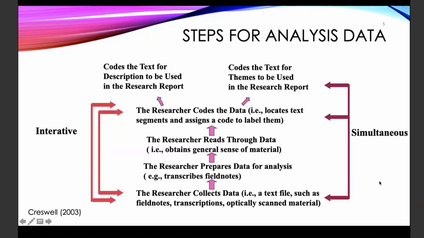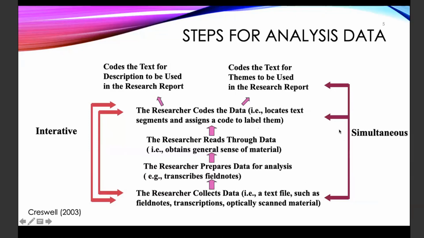Now, on the right-hand side, it says simultaneous. Simultaneous means at the same time. Don't you think it's a bit impossible to do everything at the same time? Simultaneous, you collect data. At the same time, you prepare the data. And then you obtain a general sense. And then you do the coding. No. It means that